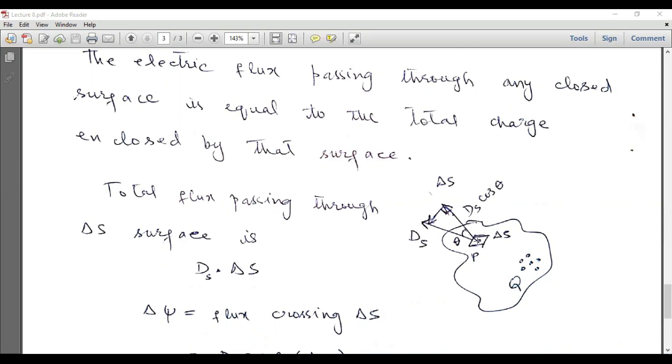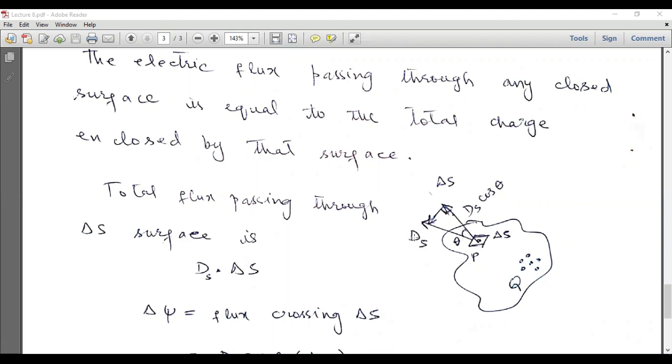So first we can calculate the flux density, right? So if we are given the flux density and we are given this incremental surface, then we can calculate the total flux. So this is our differential or incremental surface delta S, and the radially outward drawn normal at the surface will be the direction of this delta S. So this is delta S, and this is the direction of delta S, or the unit vector of delta S,